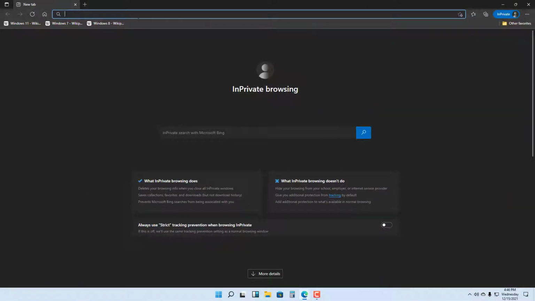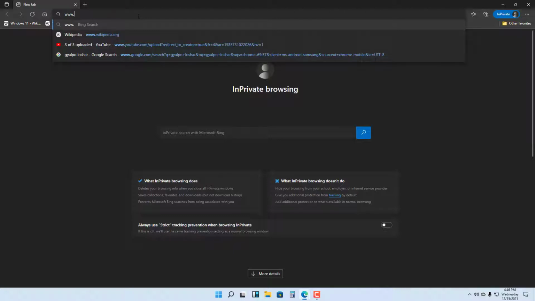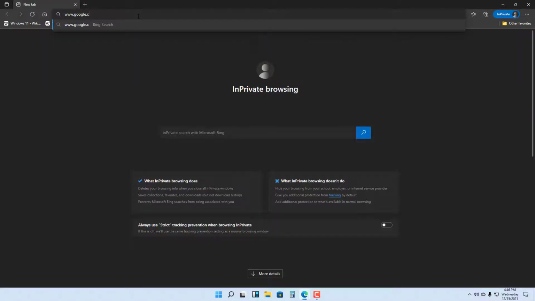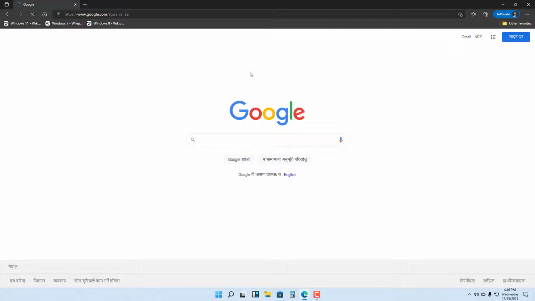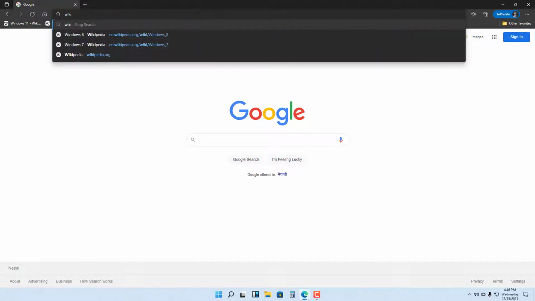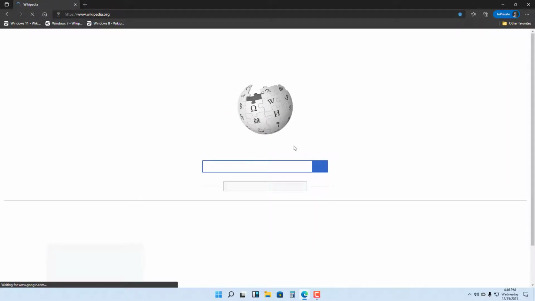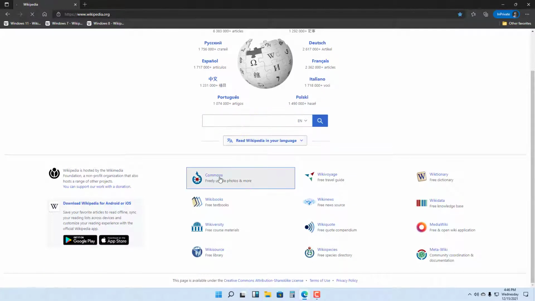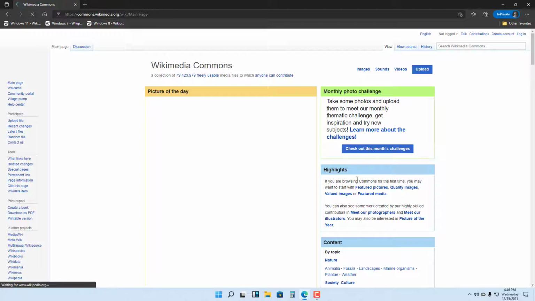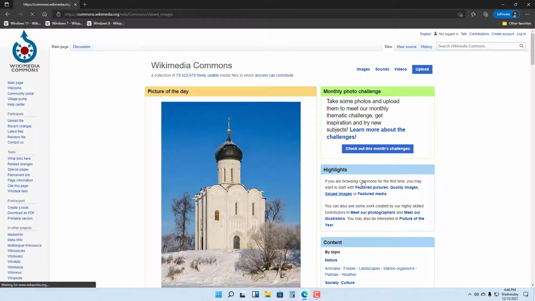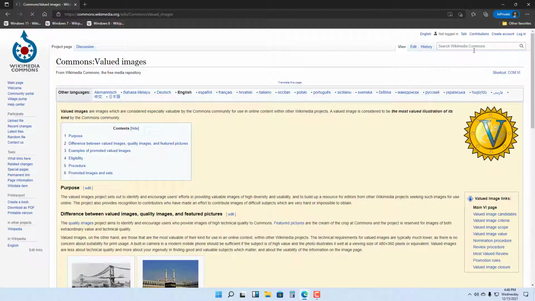And if you were to access any particular website right here, let's say for example google.com, then whatever you do over here does not actually get saved, as you can see right here. So if I were to go onto Wikipedia right here, so let's just browse around. Whatever pages you access over here, so if I were to go to comments right here, and let's say for example go into images, now normally this would all be saved,